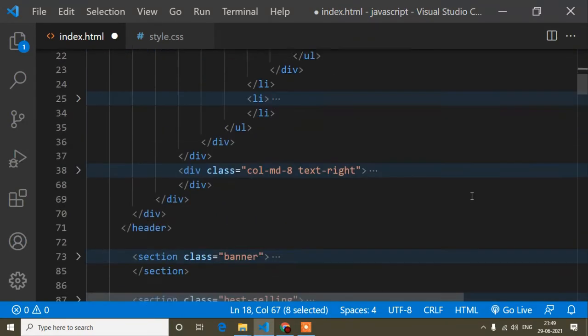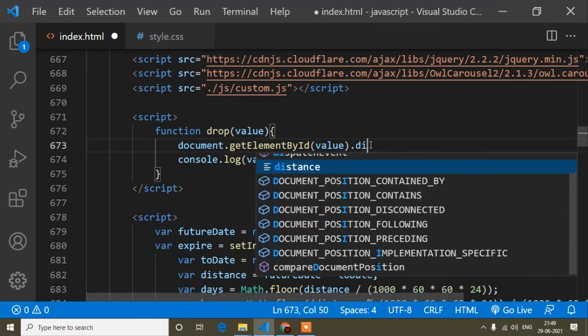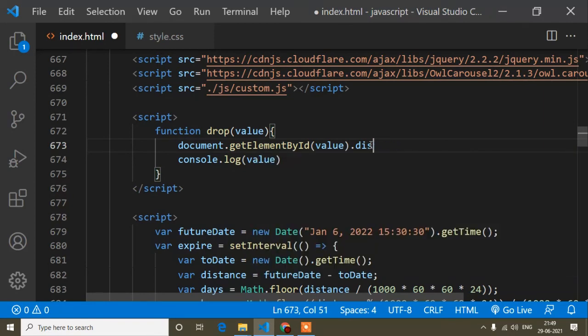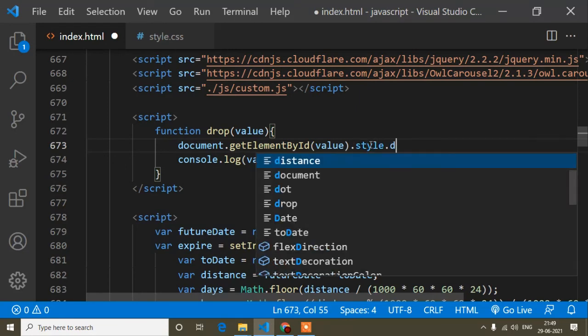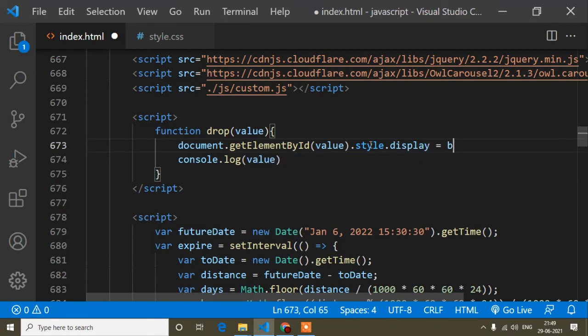So that means indirectly I am getting the id name, so that id name I am passing here, value.display, sorry, here I have to write style, so style.display equals block. Okay, inverted commas and then block. So this is perfect.